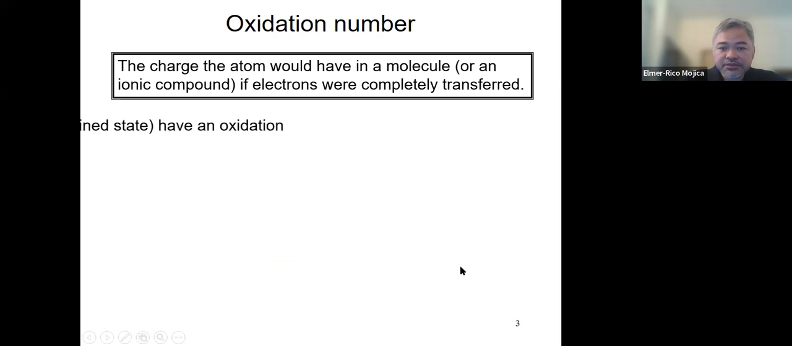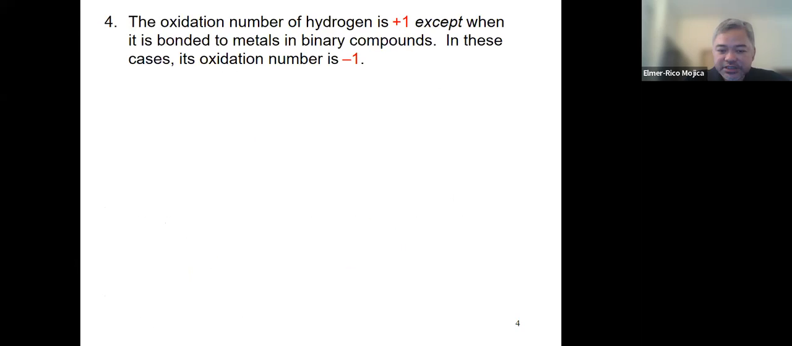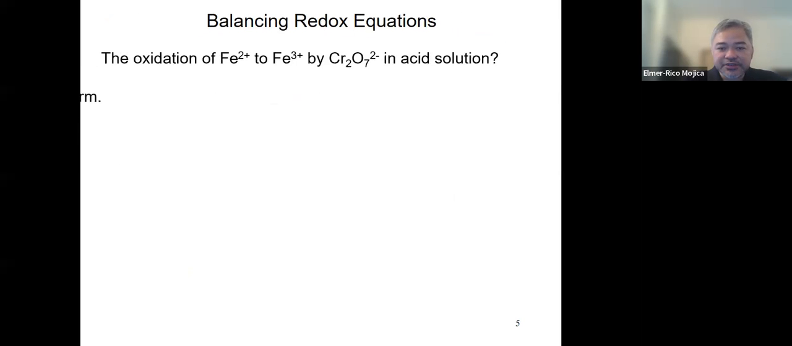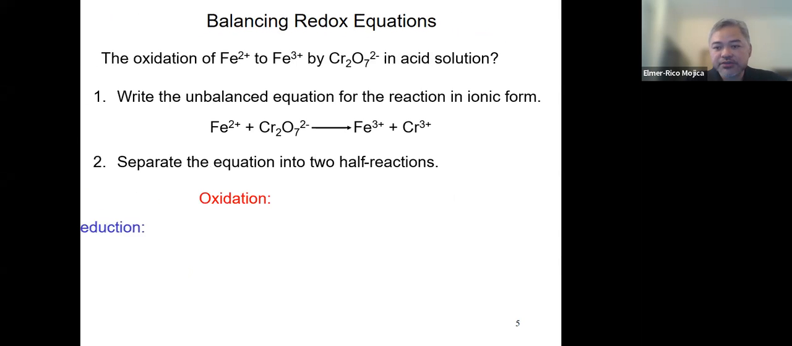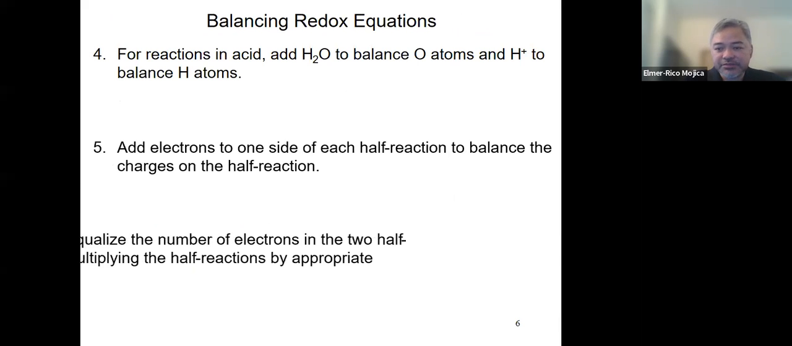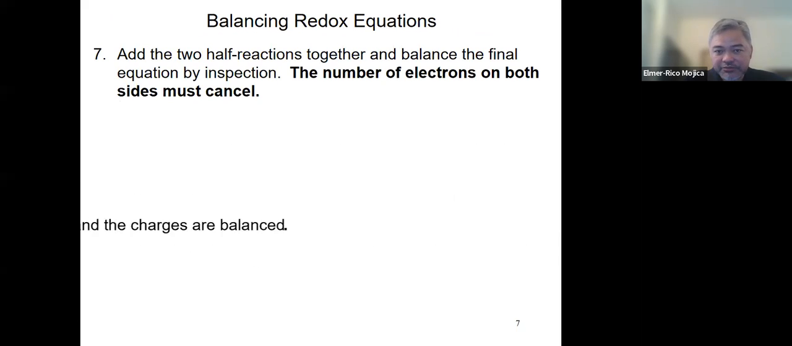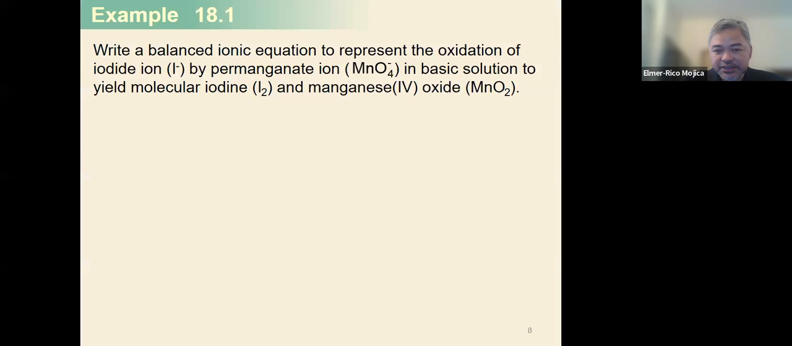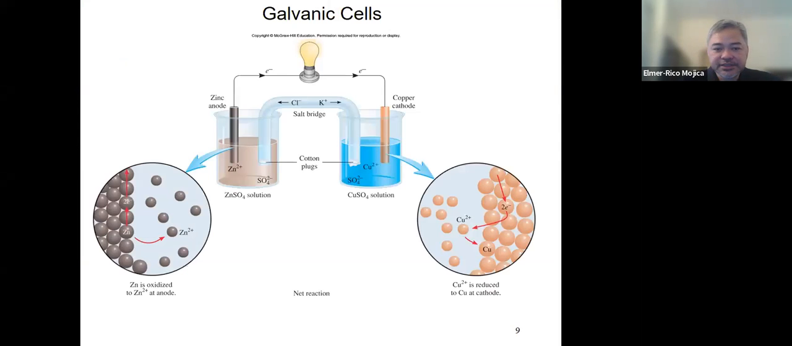Okay, we have discussed examples like this during the in-person class, so I want you to look at them and go over them, because there's one question wherein you're going to balance the redox reaction in the exam. So we will start right away with the so-called